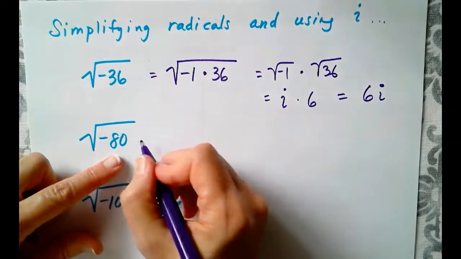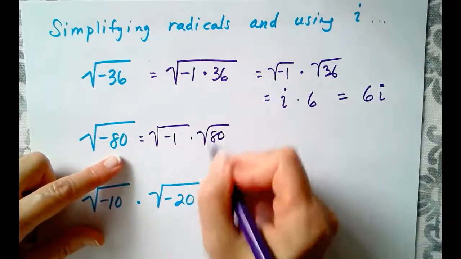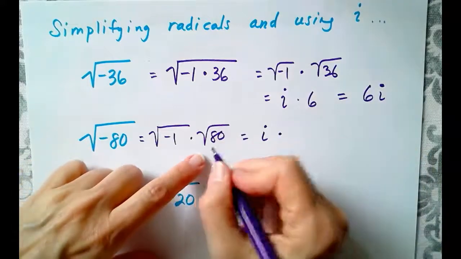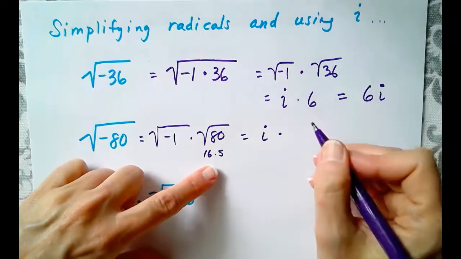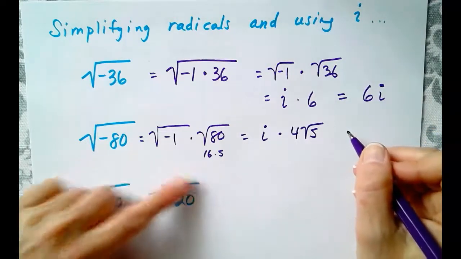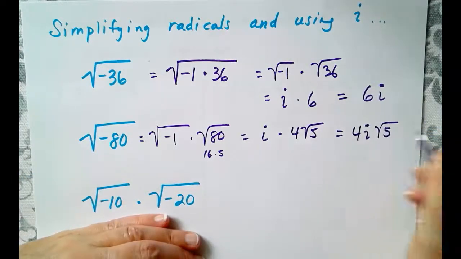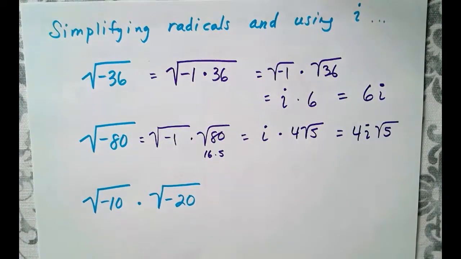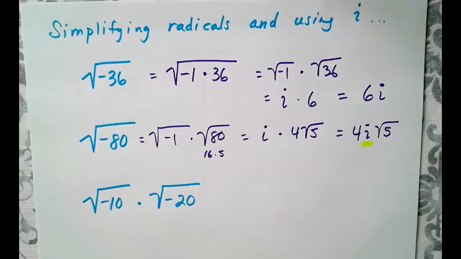Do the same thing with the 80. So this is the square root of -1 times the square root of 80, which would be i times the square root of 80. 80, of course, is 16 times 5. So the square root of 80 is 4 root 5. So to simplify the square root of -80, that is 4i root 5. Please be certain that you always put your i in front of your radical,